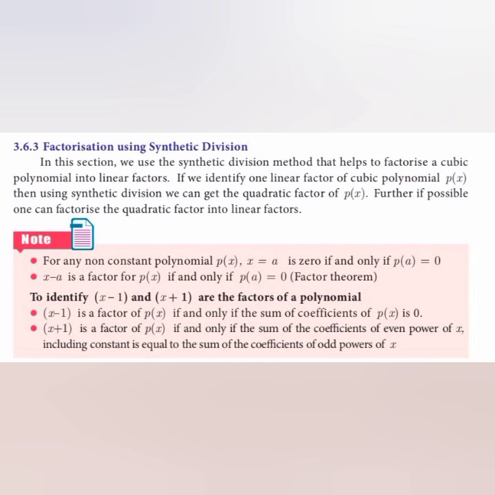Suppose both of these are not happening, then we'll go ahead with x minus 2, x plus 2, and we keep on going till we attain the factors. It is called the trial and error method. Once you are not able to conclude that x minus 1 or x plus 1 is a factor, in such a case we will go ahead with x minus 2, x plus 2, x plus 3, x minus 3. We keep on continuing it, and it is called the trial and error method.